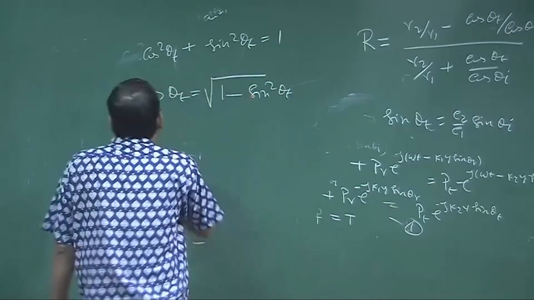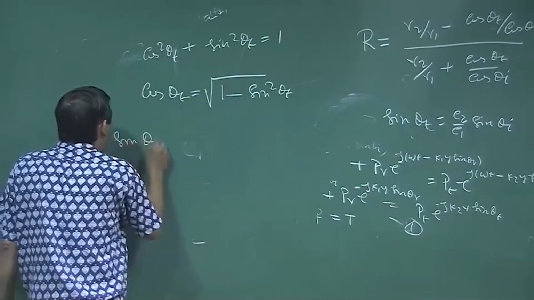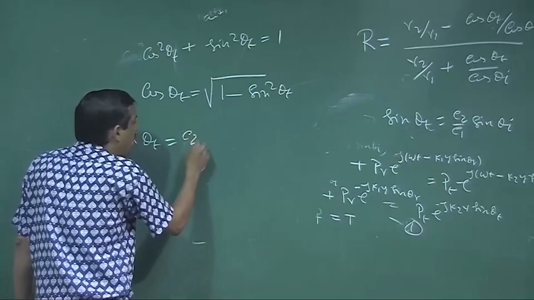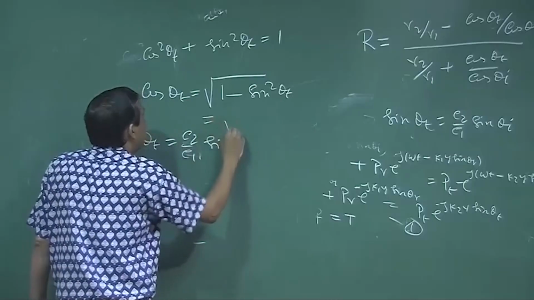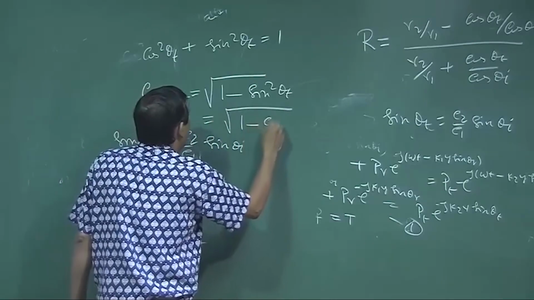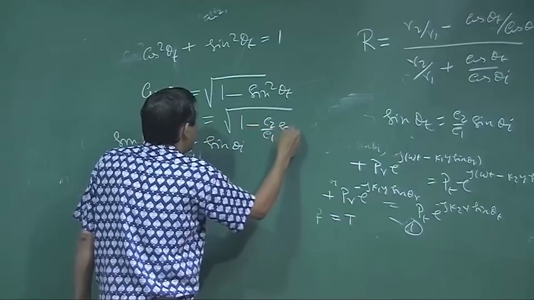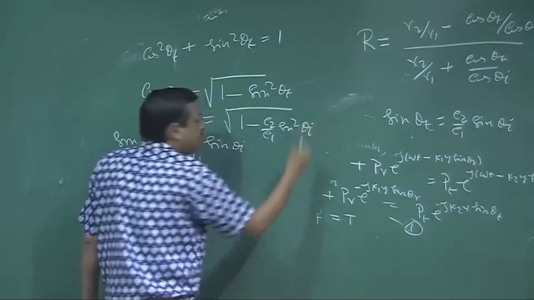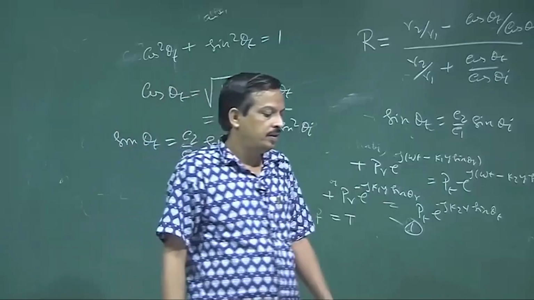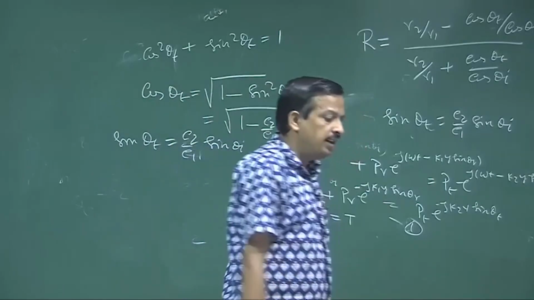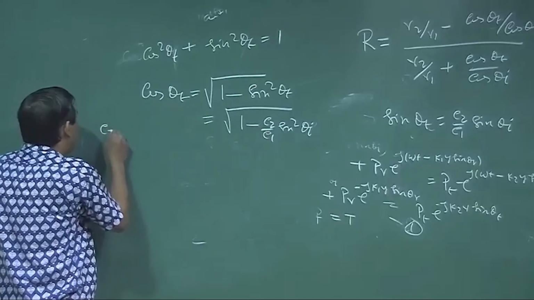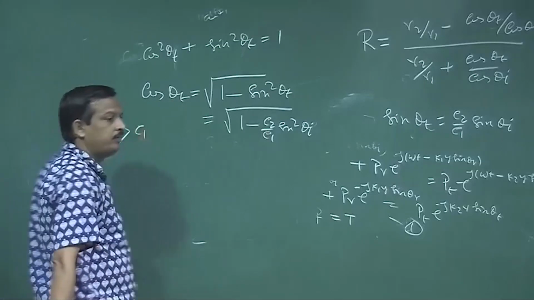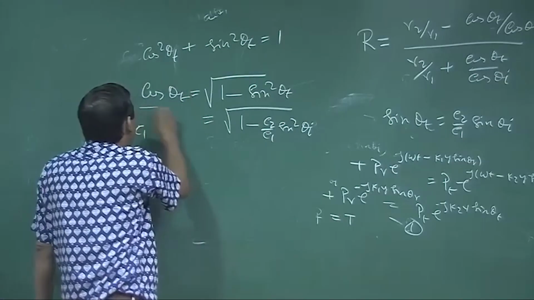Now, what is sin theta t? Sin theta t is nothing but C2 by C1 sin theta I. So, it is root over of 1 minus C2 by C1 sin square theta I. Now, if C2 is greater than C1, then cos theta t